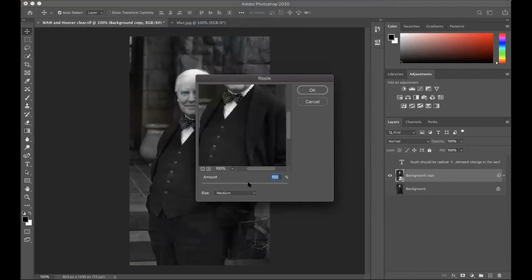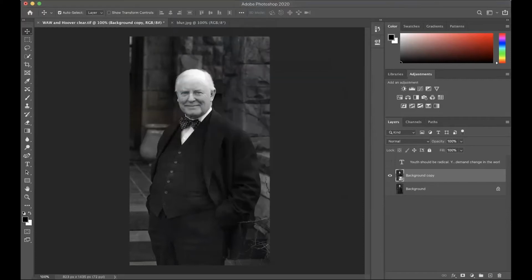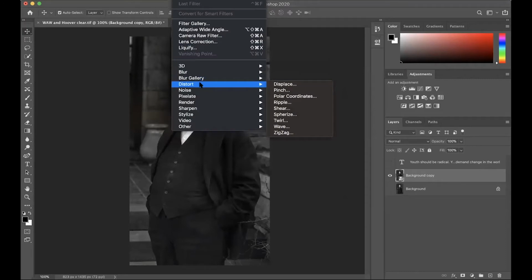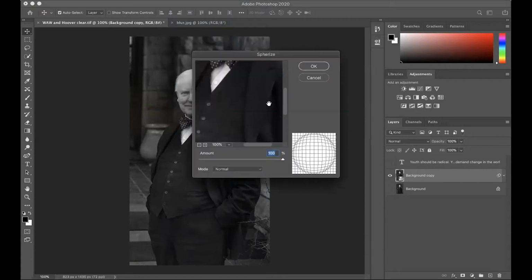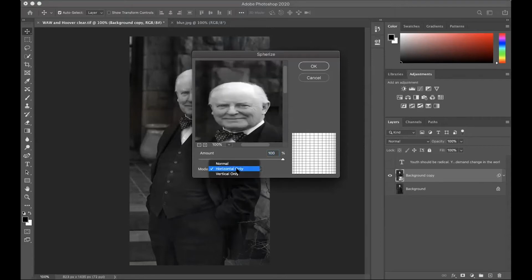Ripple, and again, you can increase the amount and you can increase the size. So one of the things you want to do as you play with this is look at how different options within each filter gives you different looks. I'm going to skip shear. That's actually the one we're going to apply, but I just want to give you a preview of some of these. So spherize, you can see that's popping that part out,